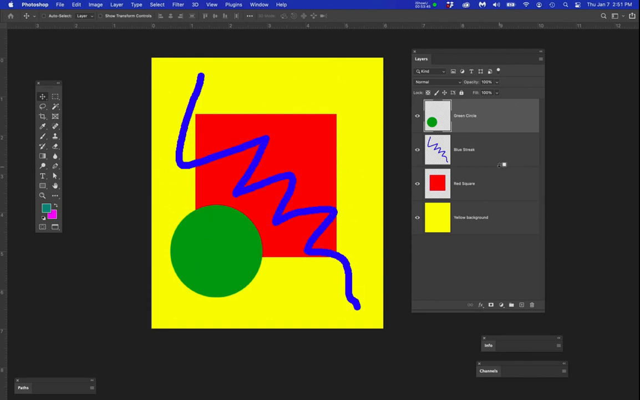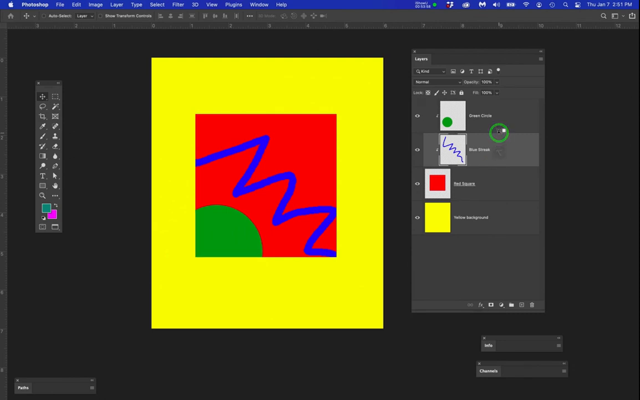So if I hold Alt or Option between these two layers, this layer and this layer, I can create a clipping group and another clipping group, which means that these two layers are using the edge of these pixels right here to crop them. Isn't that cool? So now can you see how I can click on this green circle, go to the Move tool, and I can actually move that around inside. I can even take it and move it